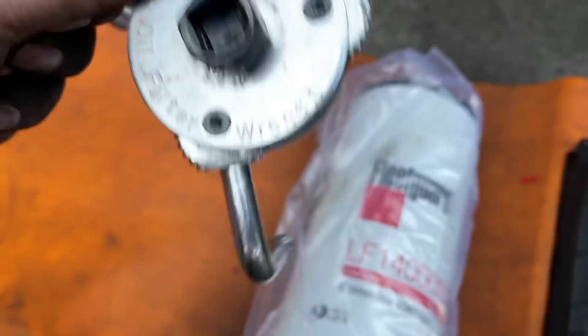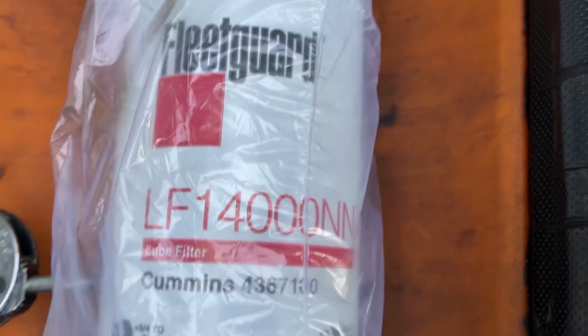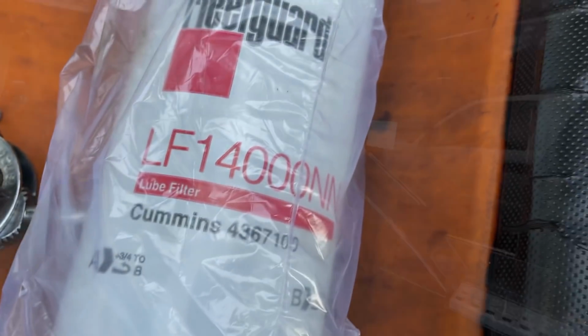You do $7 at Walmart in the oil change section. You get a 21 combination on it. It's super easy to get these on and off. And for the 2250 oil filters, LF14000NN, throw these on and get some new oil in there too. And then